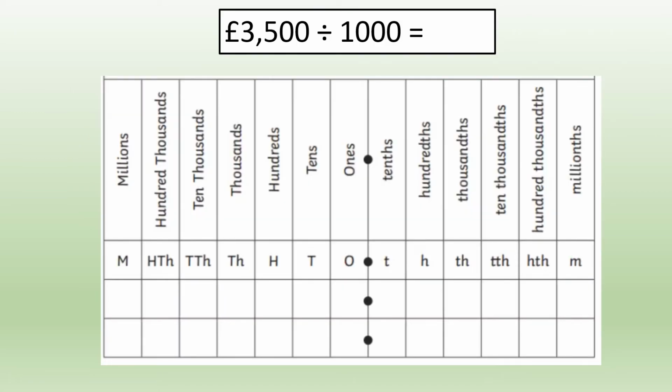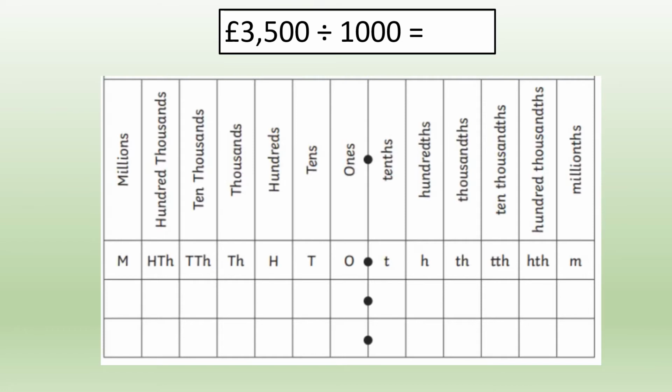We're now going to try dividing by 1,000, where our answer is going to be a decimal. We put this into context by using money. The calculation on the screen says £3,500 divided by 1,000. You may have a calculation like this to do in real life if you had to